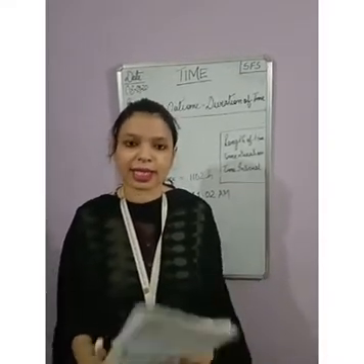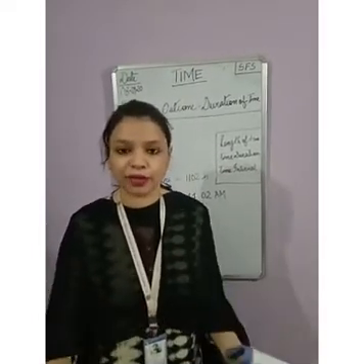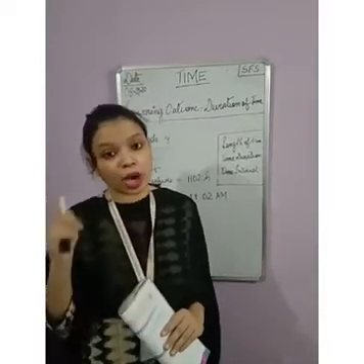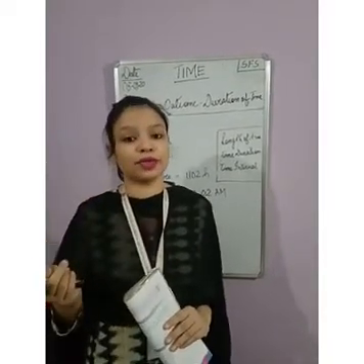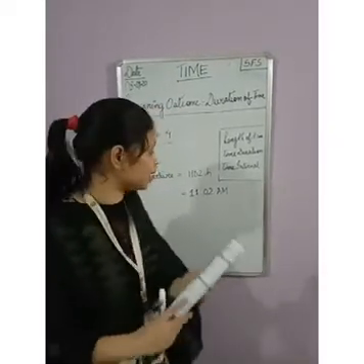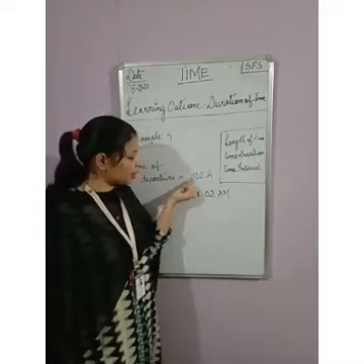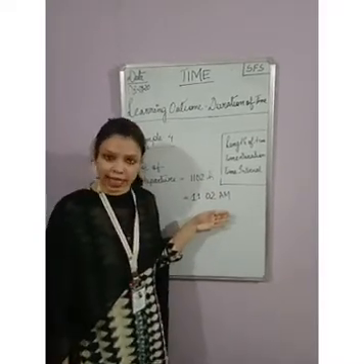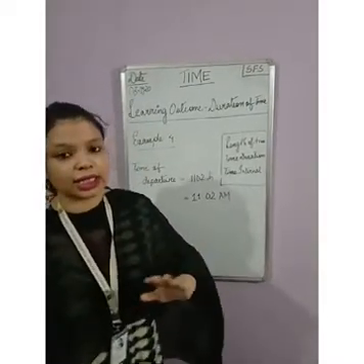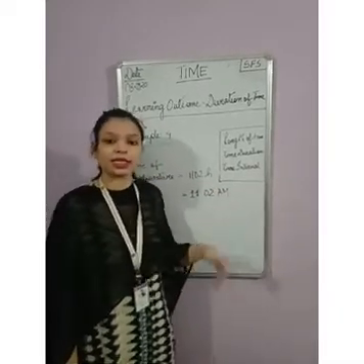Before ending the class, let me take a short recall of what we have learned. We have learned about the 24-hour format. In the 24-hour format, the numbers 1 to 24 are involved, and we express the number as h, that is hour. If the first two numbers are less than 12, then it is AM. And if it is more than 12, like 13, 14, 18, then it is known as PM. It is denoted by small h, that is hour.